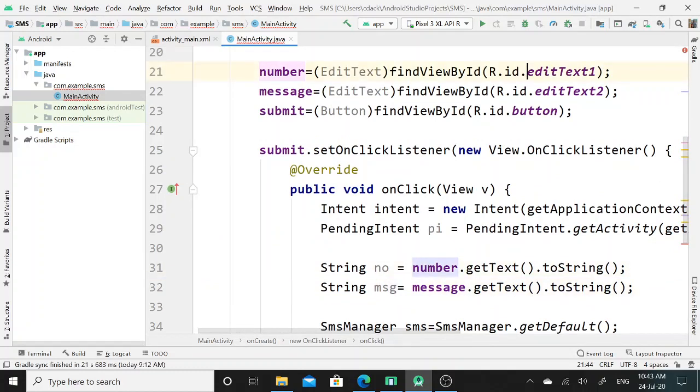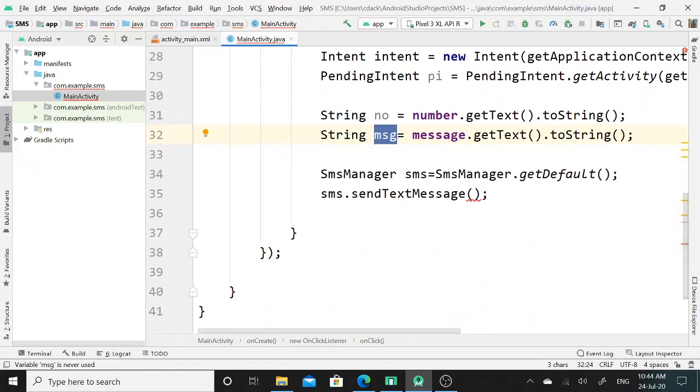Since I have assigned the edit text 1 id and edit text 2 id to the number and message references of the edit text class, with the help of this reference I can call the get text property and assign the user's contact number and message to the respective variables.